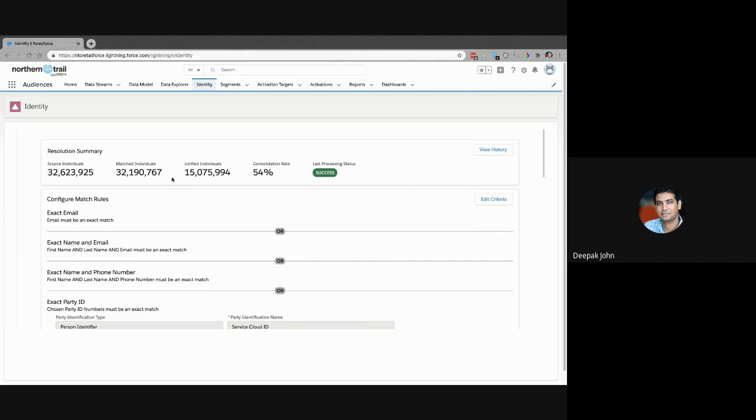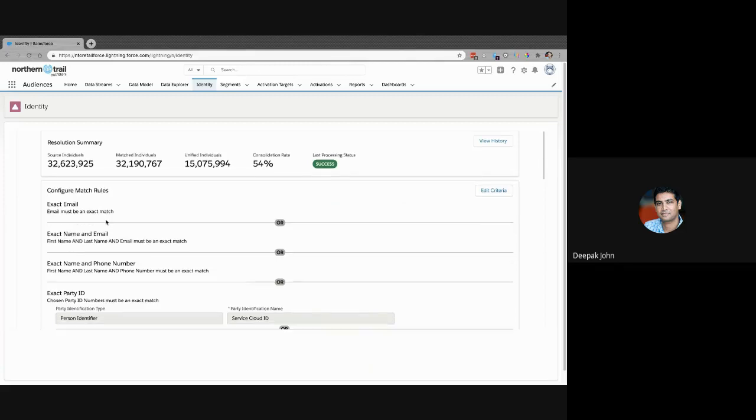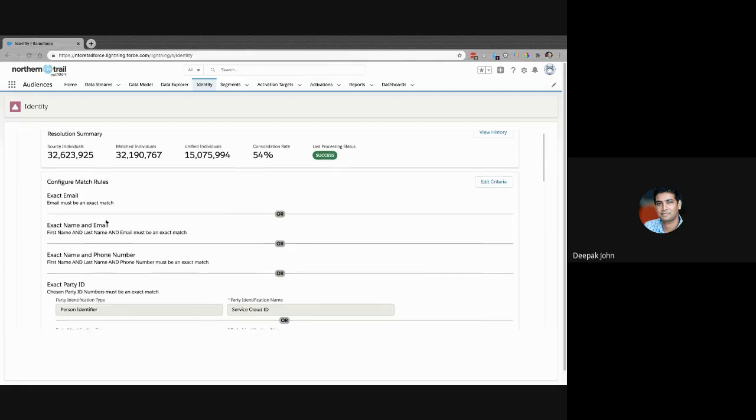The way we would go about doing it is, one, with explicit exact match rules, where we're saying an email address must match an email address on the other side. And with the capabilities that are coming out, we're going to be doing fuzzy matching as well. So you do probabilistic matching. For example, if you've got James and Jim, could they be the same person as you're doing that match?